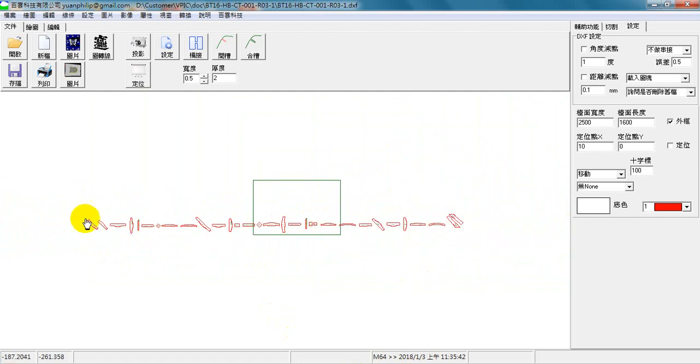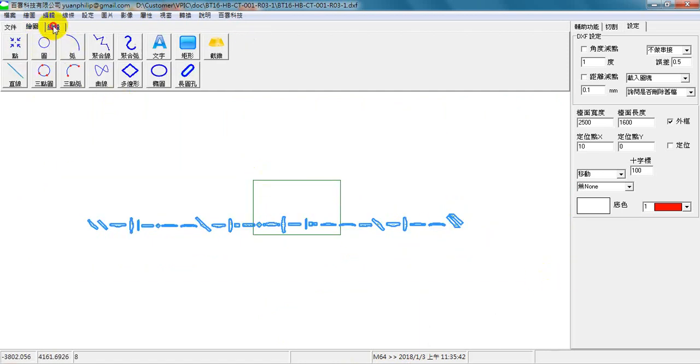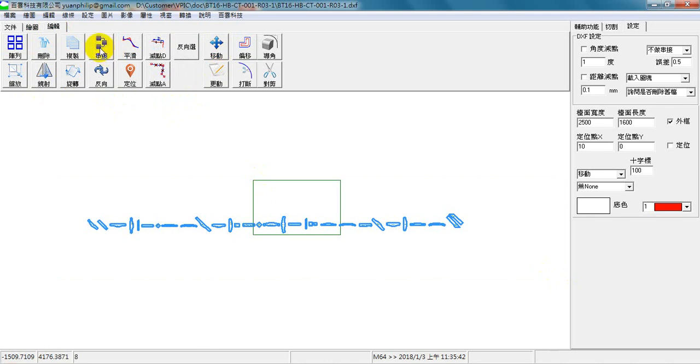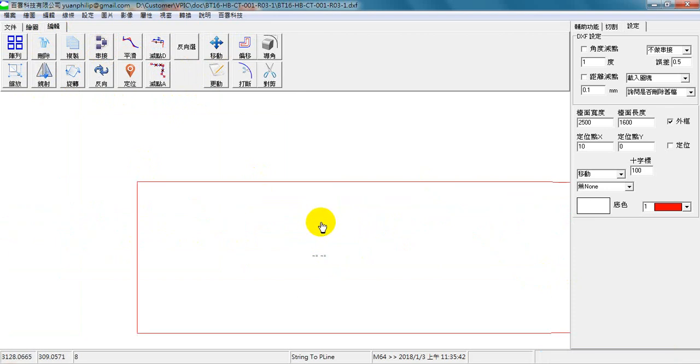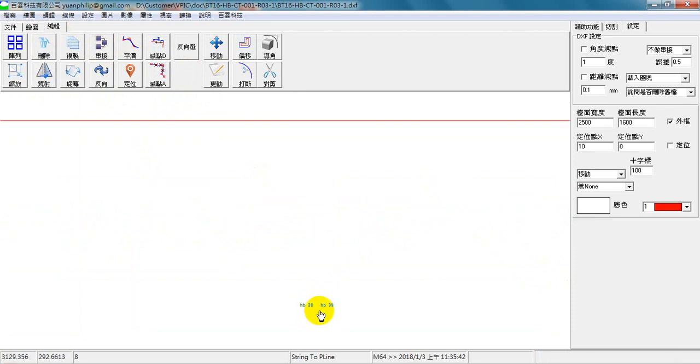So we select all, and we push string. Then all of the lines are strung together. On the other hand, the text is so small, so we can use the draw function,